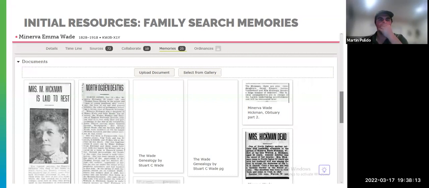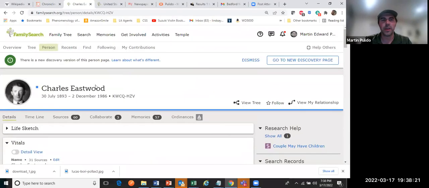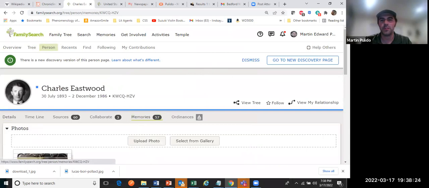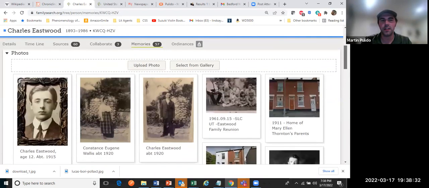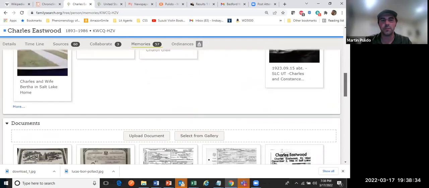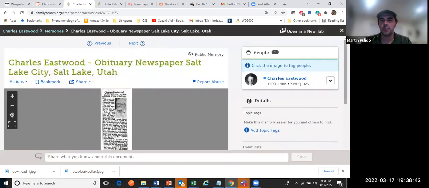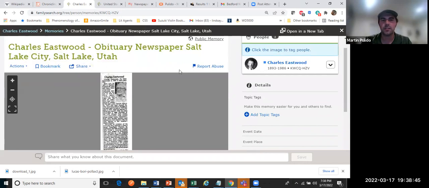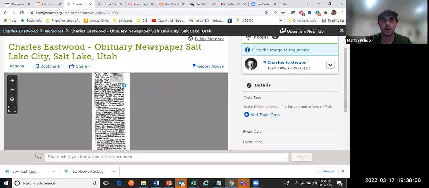All right, let's talk about diving into some initial resources here. So let's just do this live here. As you can imagine, there are going to be memories from people in FamilySearch. You can see I clicked quickly over on someone in my tree and in the memories here, there's still a lot. Sometimes it'll be noted as a photo because someone just snapped it. Other times it is put in as a document. And you can see right here, here is the obituary of that ancestor. So make sure that you're searching for and looking at what is already there.